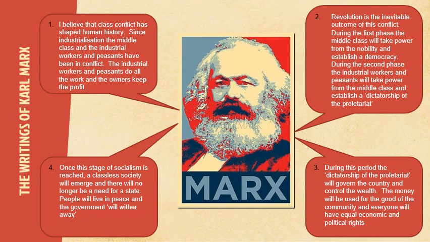Once in power, the working class would need to establish a dictatorship of the proletariat for a while to prevent the old rulers from getting back into power. They would also have to nationalize the factories, banks, land, and communication networks in order to redistribute wealth in society. When this had been achieved, Marx believed there would be no need for governments and all people would be free and equal in a perfect communist society.